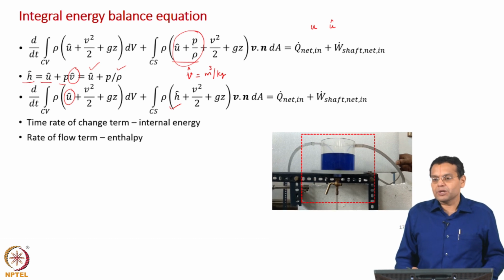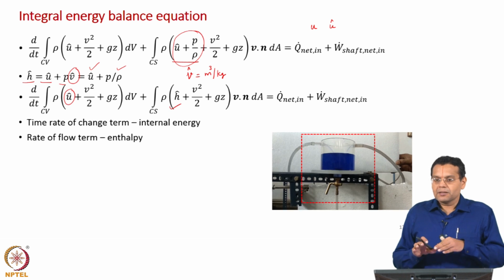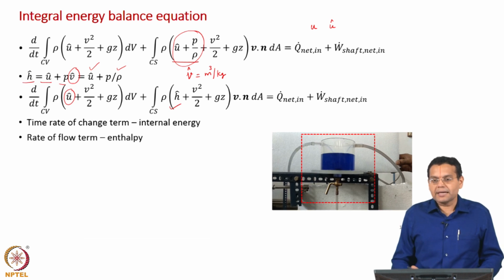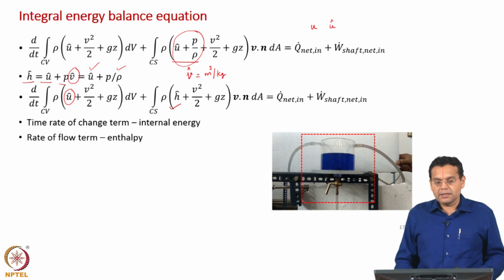Why is it not important for liquid systems? Cp and Cv are almost the same for liquids. So, it does not matter whether you say change in internal energy or change in enthalpy, both are approximately equal to Cp delta T. But if you are considering a gaseous system, we know that if you assume ideal gas behavior, then Cp minus Cv is equal to R. So, they are different. So, if you are doing an energy balance for a gaseous system, in the accumulation term we have internal energy, and in the flow term or the convection term it is enthalpy.